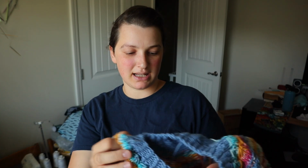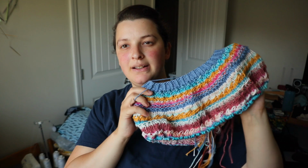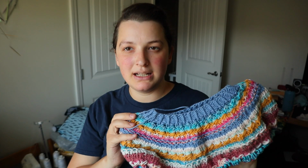So if I did it all in like this, I think it would be fine, but I only had one skein of this and one skein of that and one skein of the other, some partial skeins, and so I was just kind of trying to make it like really scrappy and stripy and fun, which I don't think is bad. I just, yeah, I'm gonna frog it,